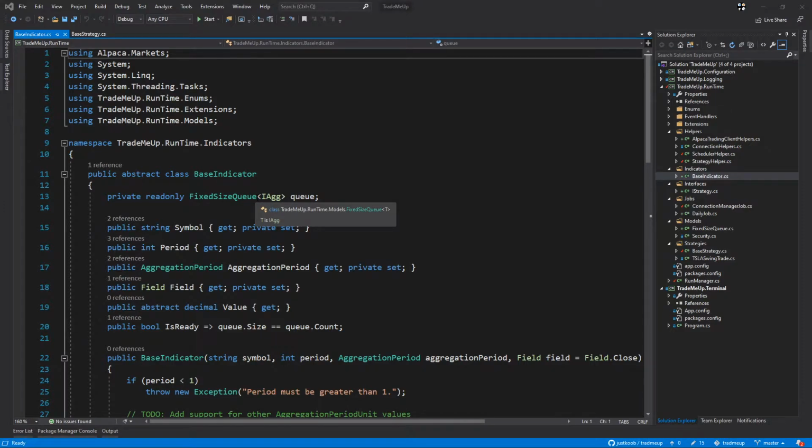So what we did here is create a class called base indicator. And in that indicator, we also created another object called fixed size queue. This is just a queue that allows you to enqueue an item. And then once it is full, based off of the queue size that you specify, the fixed size, it will dequeue the last item. So basically, queues work off of